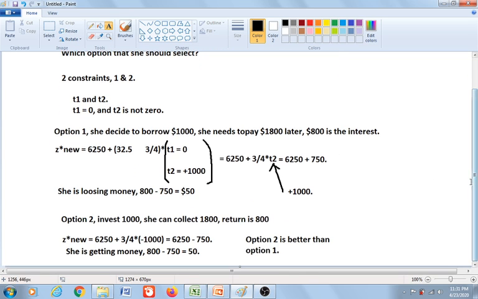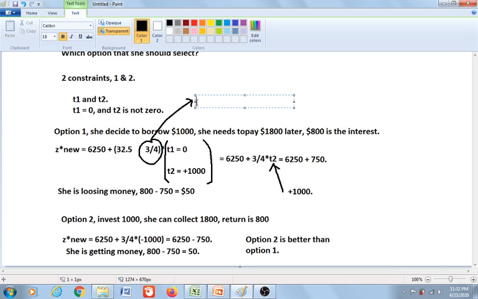Now I am coming back to the objective of this video, which is to explain the meaning of the dual variable. Remember, the value of W2 star is 3/4. So what does that mean? After having this illustration, the meaning of W2 star being 3/4 is that for every $1 increase in the value of right hand side number 2,